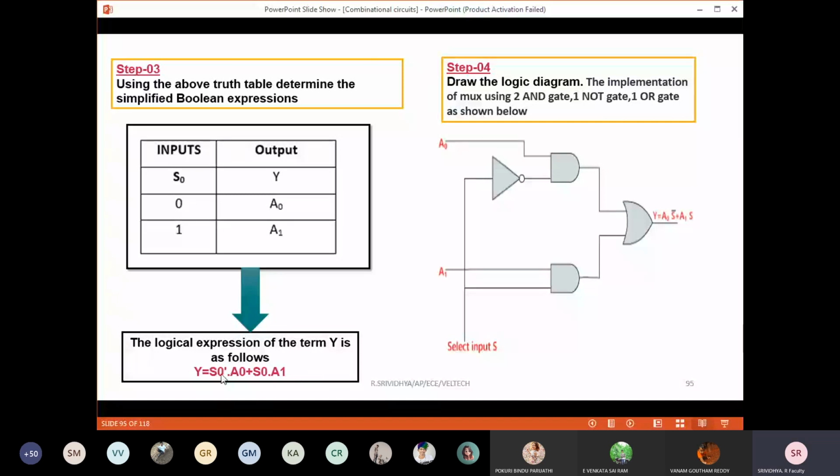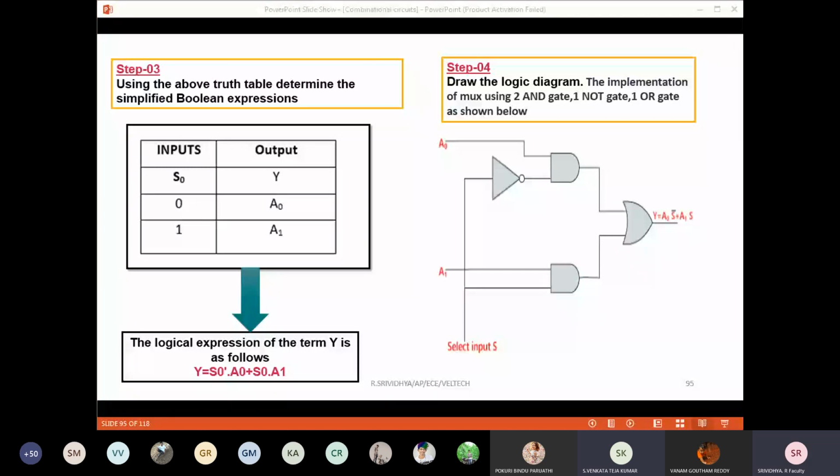So when you have this, you all will go for the logical diagram. For this, you need S naught dash, where S naught is your selection input. They give it through an inversion operation, and then it is multiplied with your A naught. This is your AND gate. Then A1 with the select input given directly, and both are combined in an OR gate. So now this is your OR gate. Any doubts in drawing the logic diagram, how I'm drawing from this to this? Anyone can ask me now.